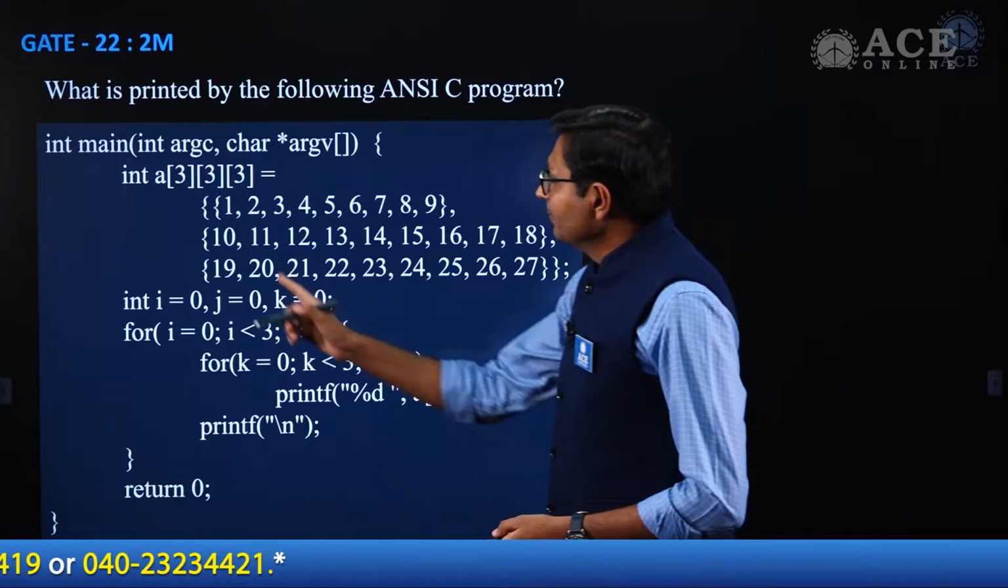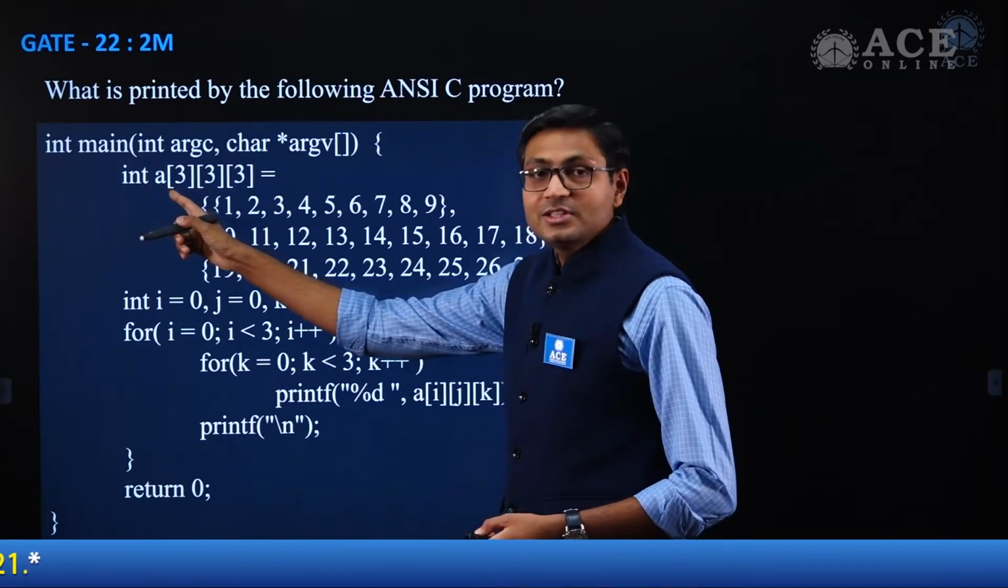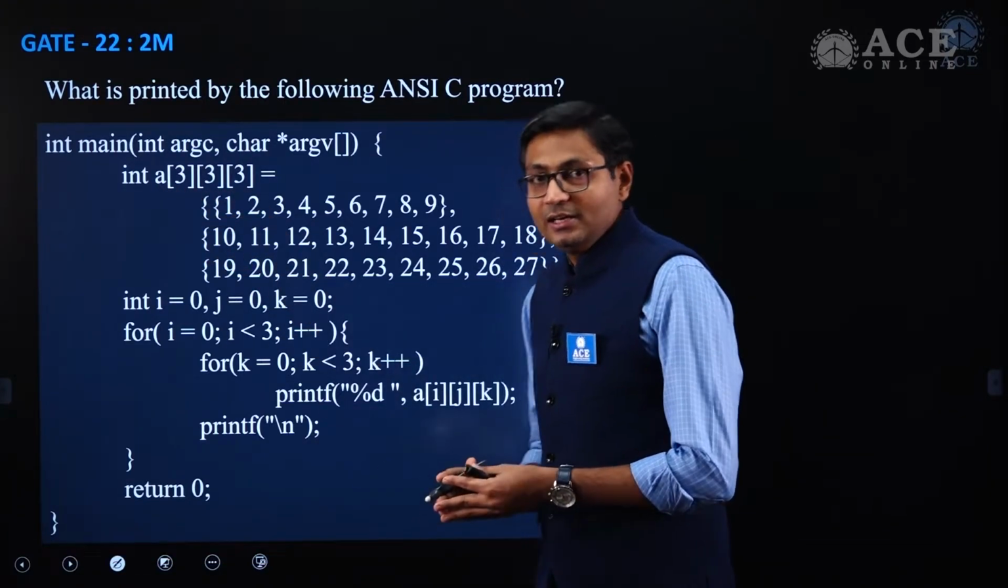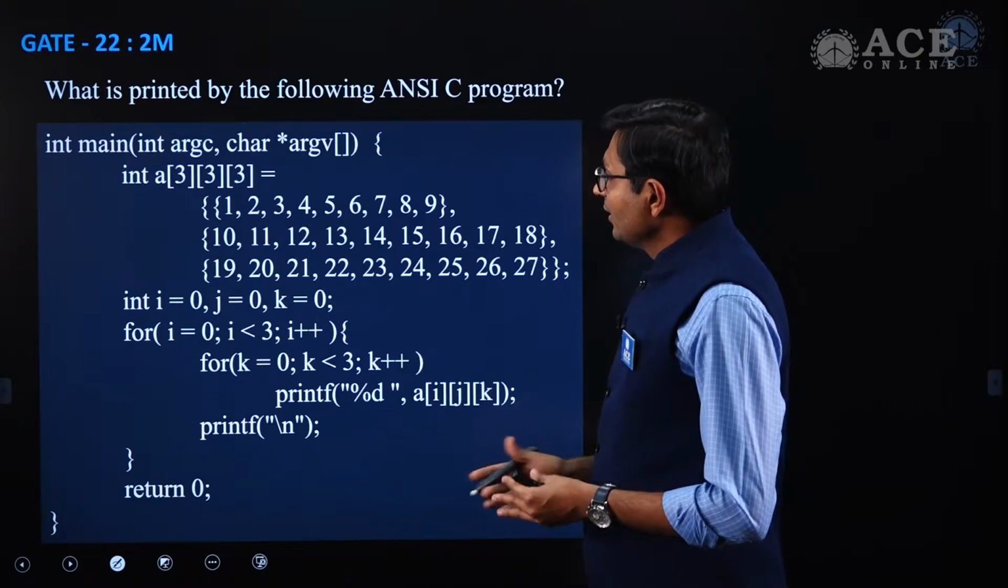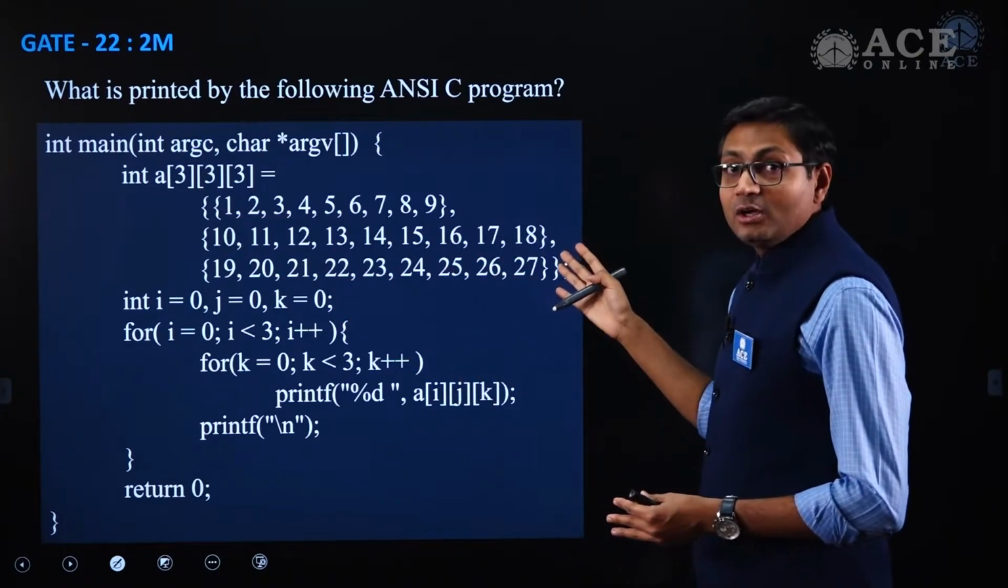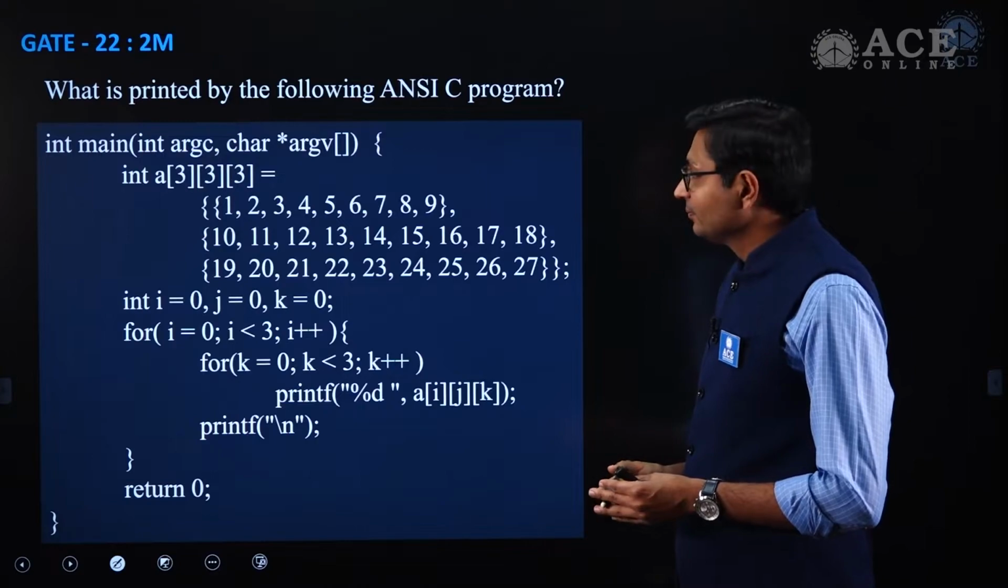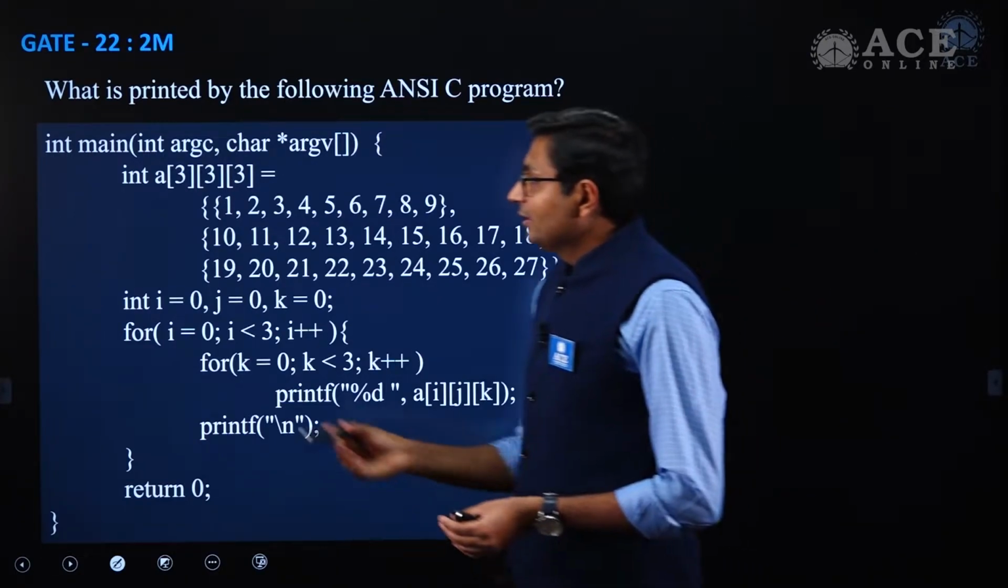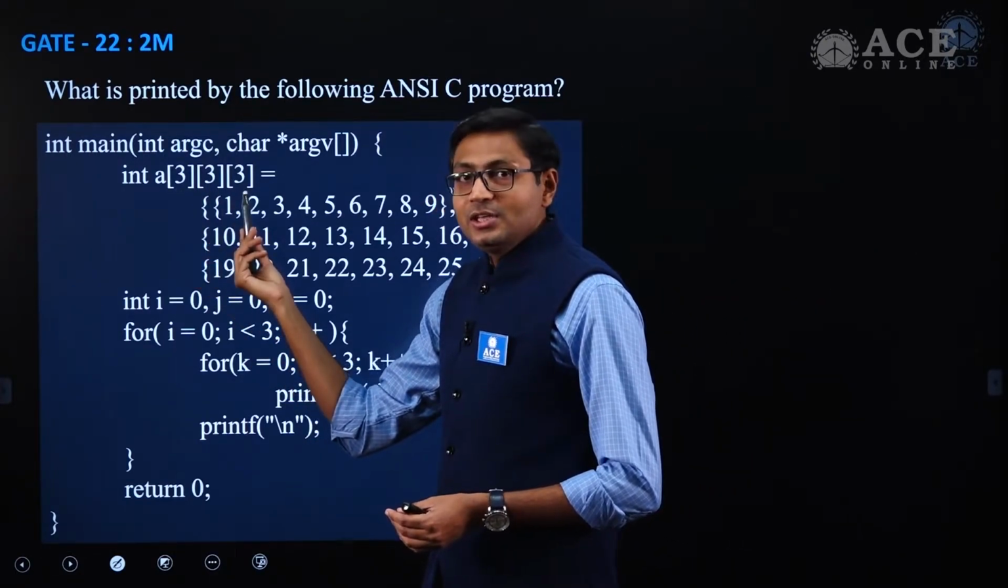Here in this program, I can see that there is a 3-dimensional array declared, and the values are assigned or initialized like this. How many i, j and k? You see,